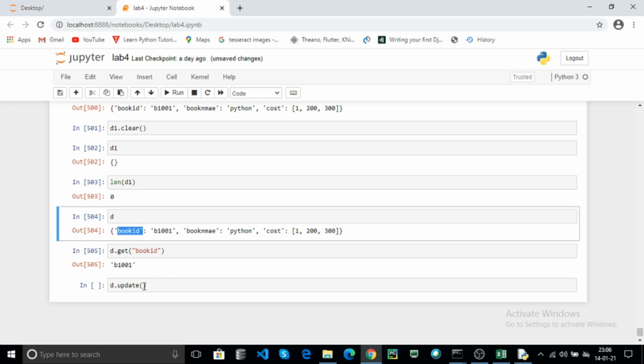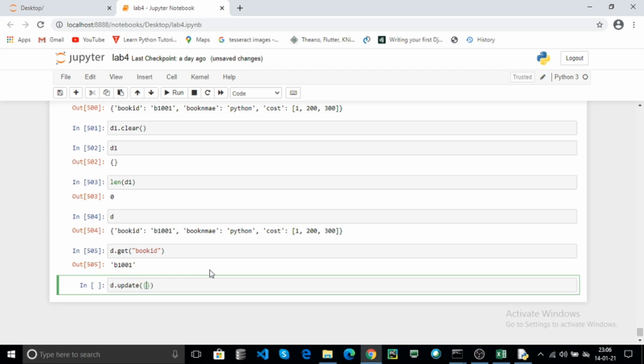For example, you can use the book ID. Here you can pass one dictionary, book ID colon, you can pass value, for example B1002. Here the book ID value will be replaced by B1002. Click on run.